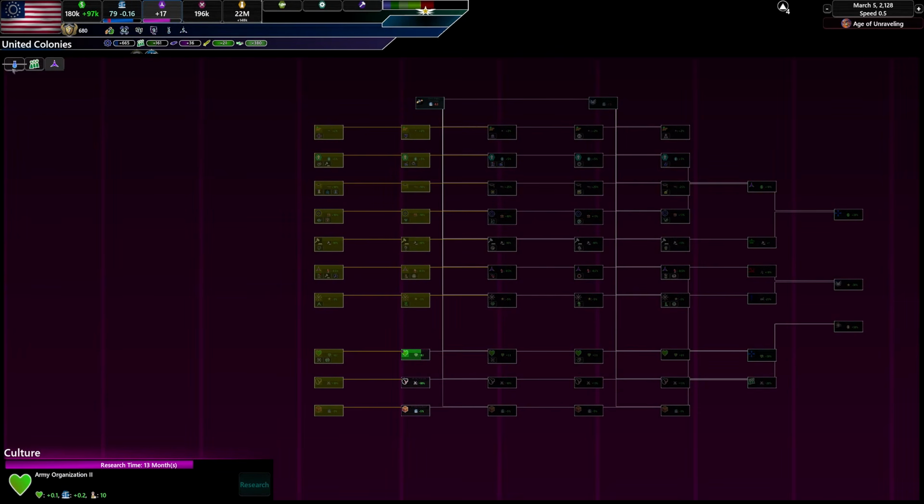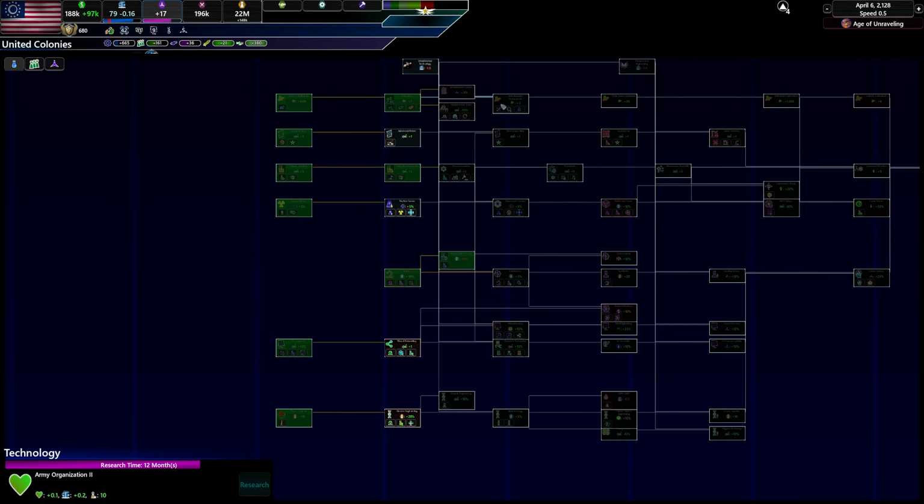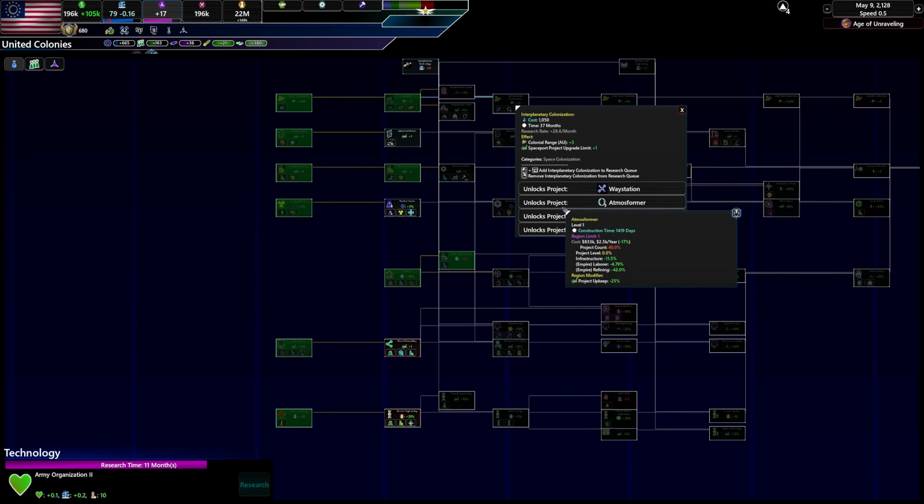Atmosformers, I may have them unlocked already, I might not. Where are they? They're right here, okay? And you can see they're extremely expensive, 833,000, and hydroformers are even more expensive, and bioformers are even more expensive. But